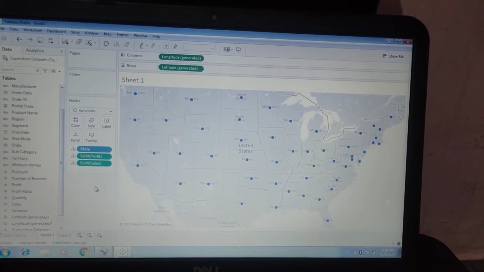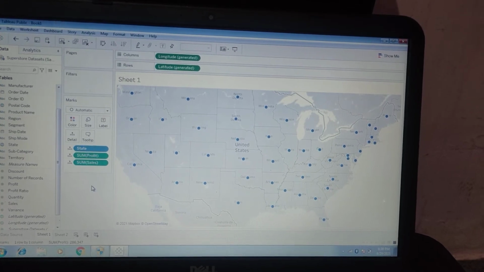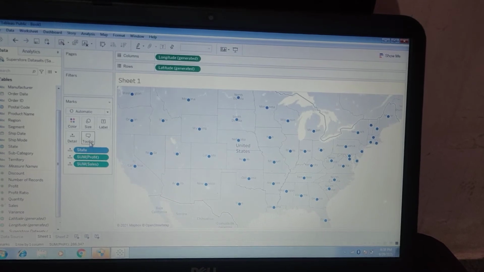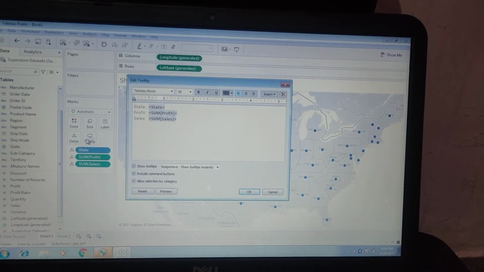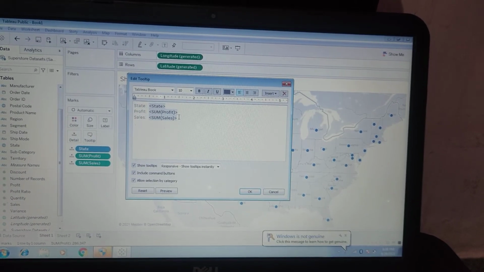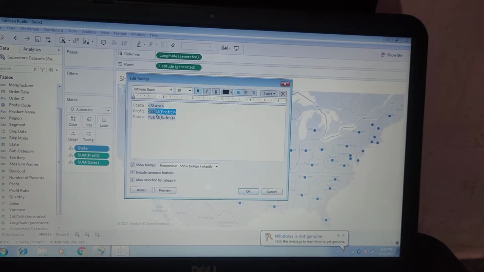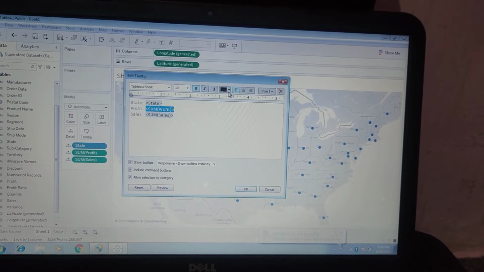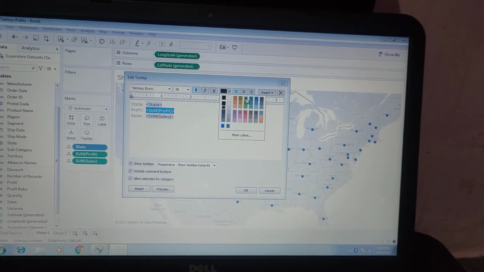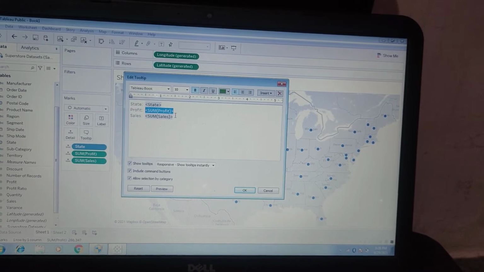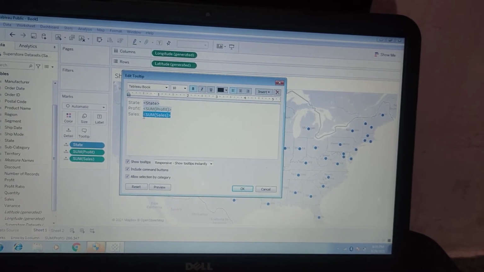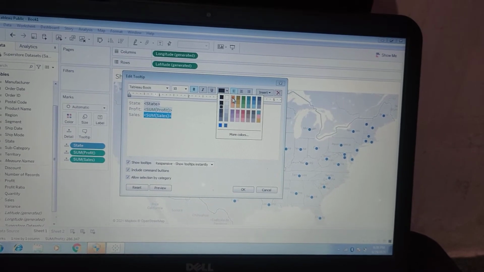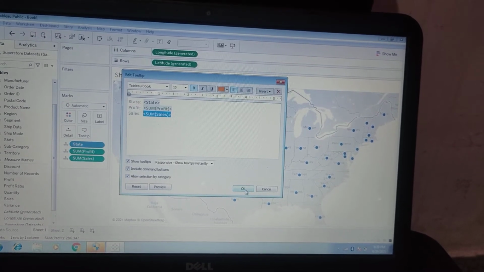And also you can change the color in the tooltip for sales and profit, so that we can easily recognize them by color. For this, double click on the tooltip and select sum of profit, and then we can change the color, like green for profit, and orange for sales, and then click OK.